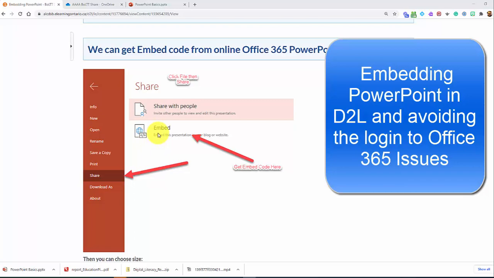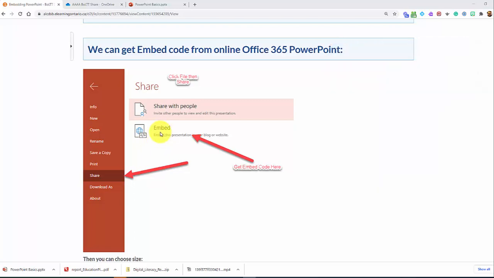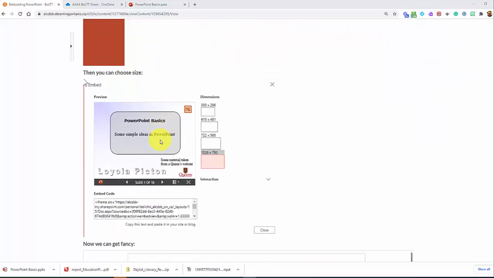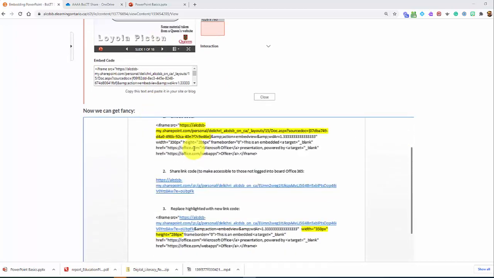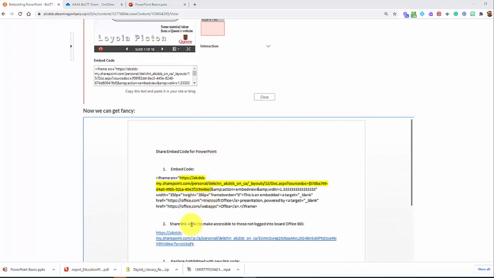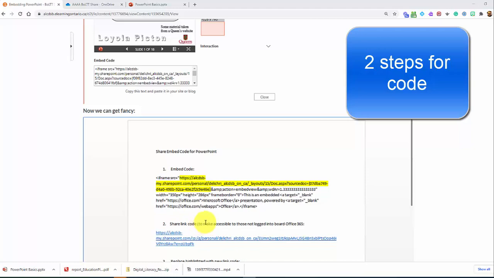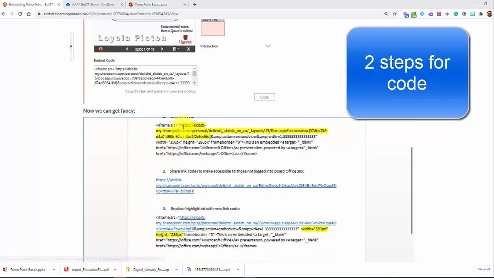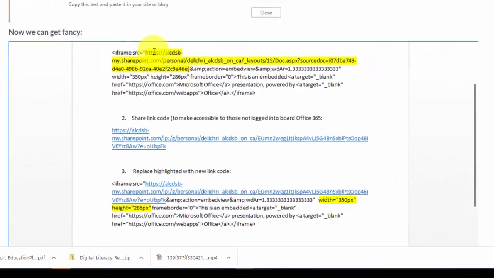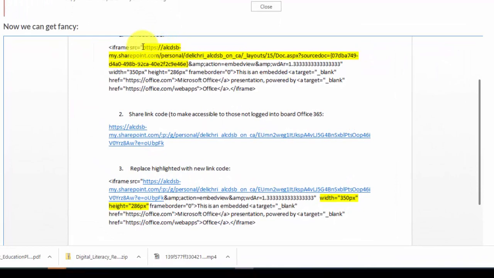And the first part, getting the embed code from the PowerPoint, is not a problem. We're going to get a little trickier though. Once we have that embed code, we're going to get a share link, and I'll show you where that comes from in a second. And then we're going to replace that share link with the yellow stuff from the embed code. Basically everything that was highlighted in yellow, from the open quotation marks to the curly bracket before the